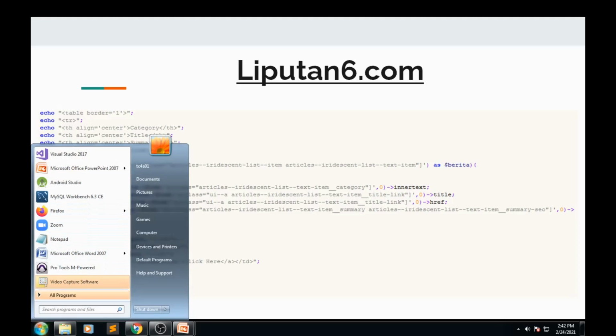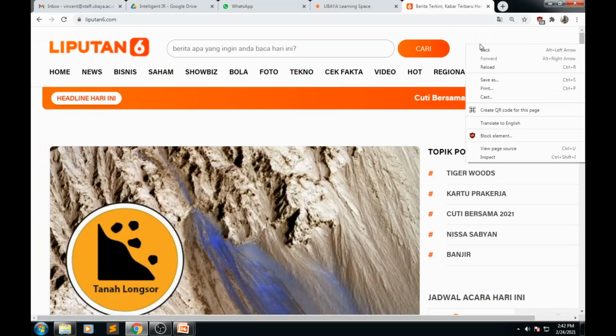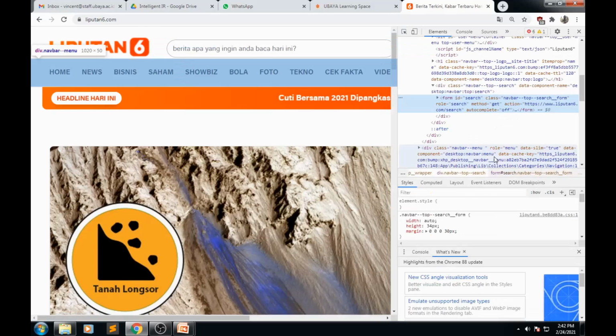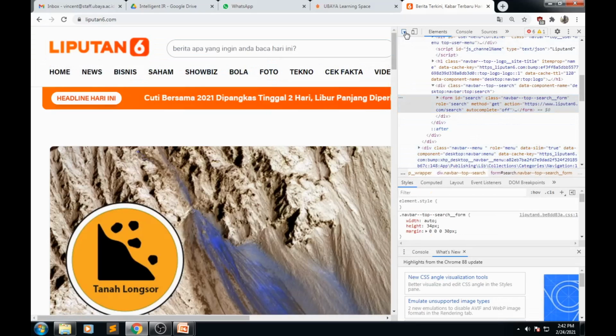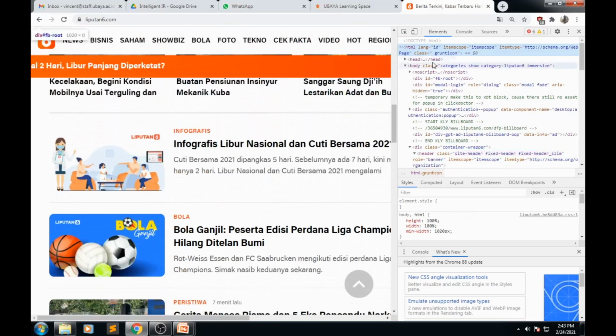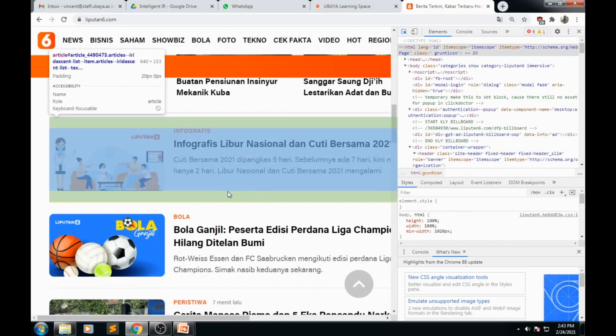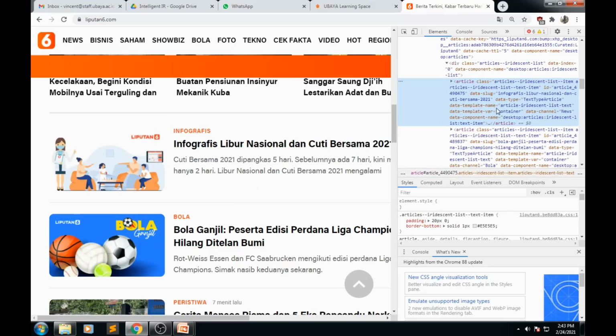As usual, for example, we open liputan6.com, and we use the inspect element. Right click and click inspect in here, and then we find repeated text in here. Okay, let's check this tag.